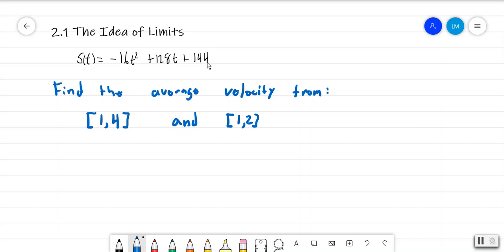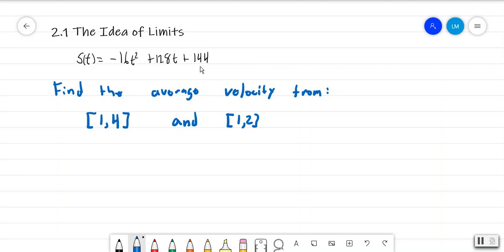Now this position function actually is related to a projectile being propelled upward, and then over time it will be in the air, and then eventually it will hit the ground. In this case, it's from a height of 144 feet. Now what we want to look at